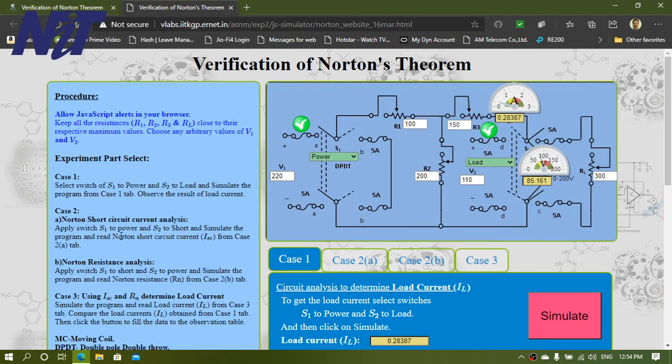Now we will go to the case 2 scenario to simulate the case 2 operation, where we have to find the Norton short circuit current.